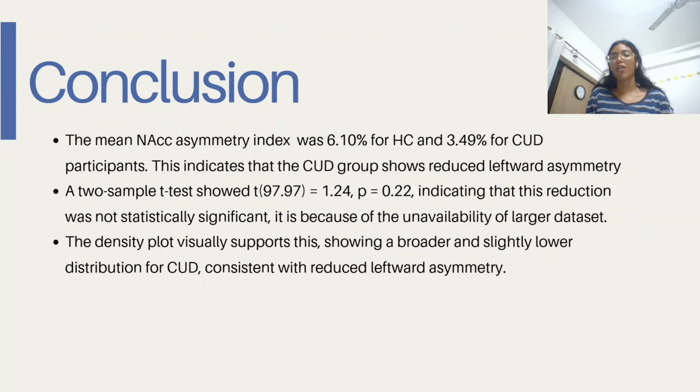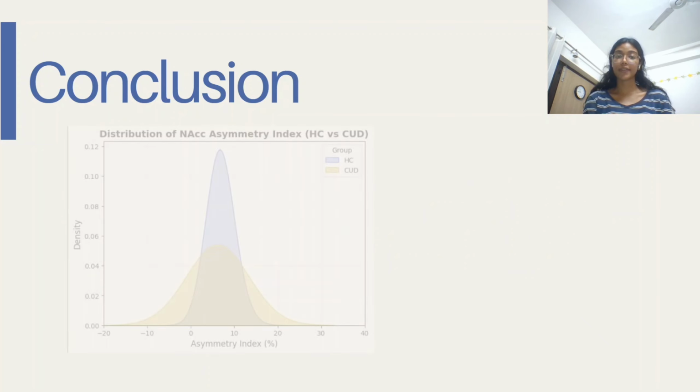It is only because of the unavailability of very large data sets. 161 is a very small data set to provide any analysis with, but this is the only OpenNeuro data set with a lot of participants that I could find, but it does still match with ENIGMA's research conclusion. The density plot also visually supports this,